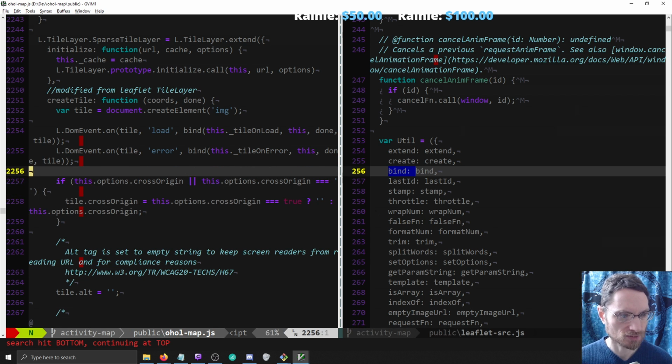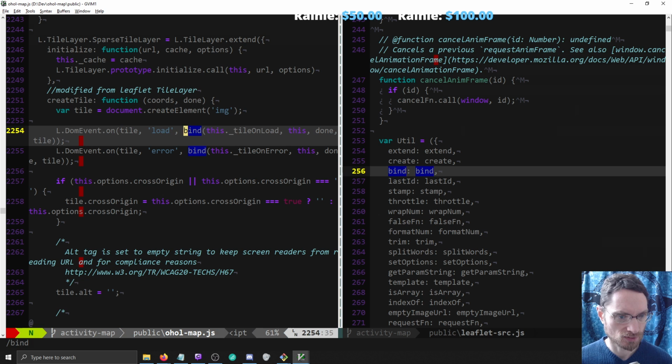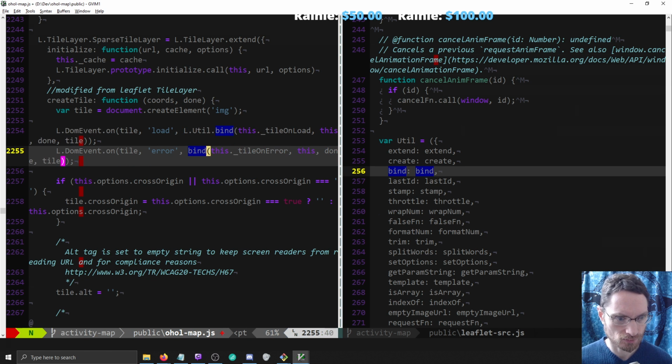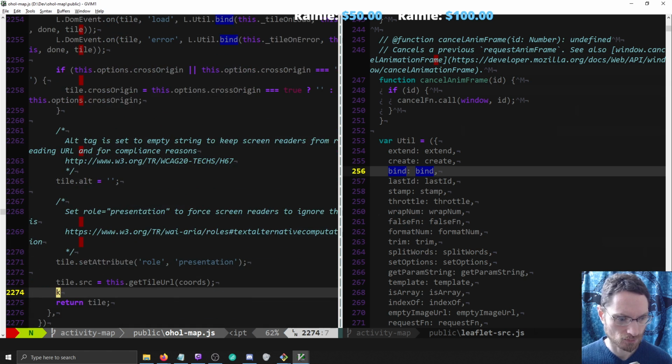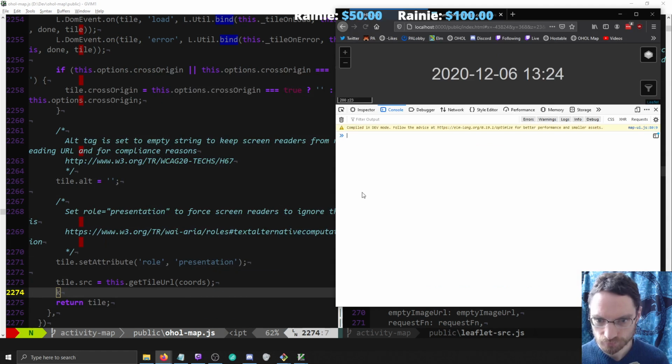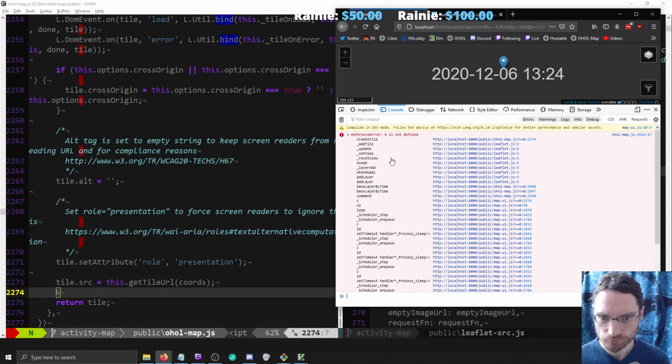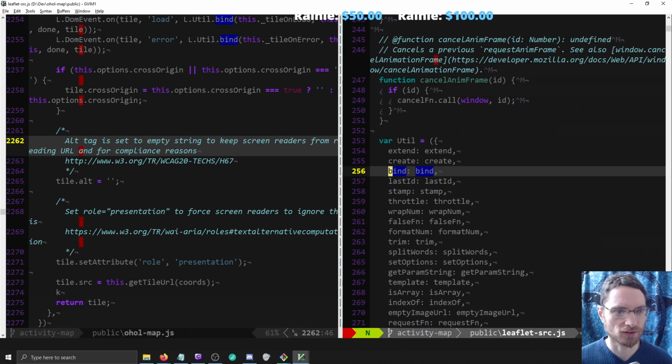Leaflet.util. K is not defined. Oh, that was just